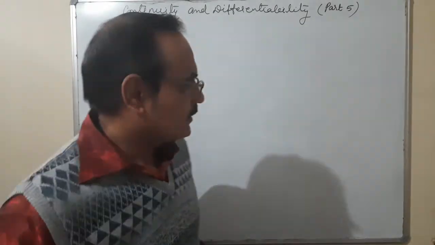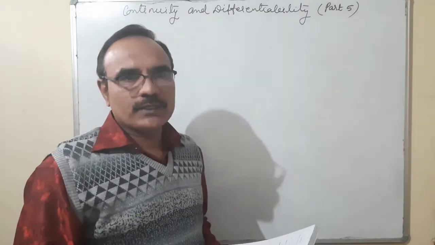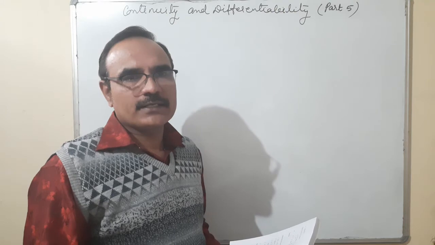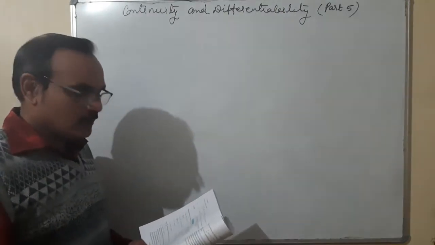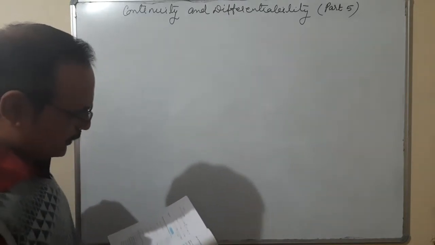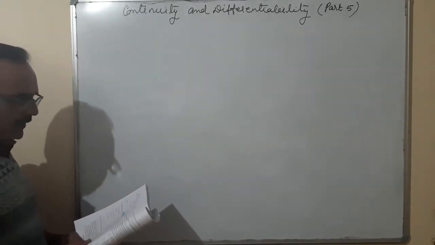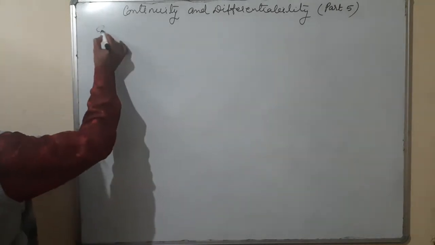In my previous lecture, I told you some basic logarithmic formulae: log m plus log n is equal to log of m into n. The second one is for subtraction, the third one is for division, and log x to the power n is equal to n log x. Keeping these formulae in mind, I am taking exercise 5.5.